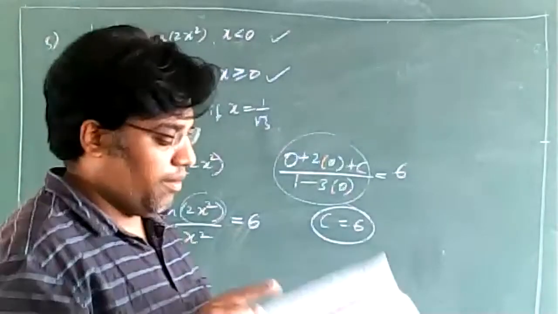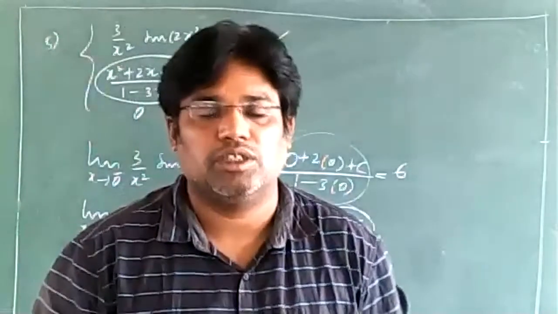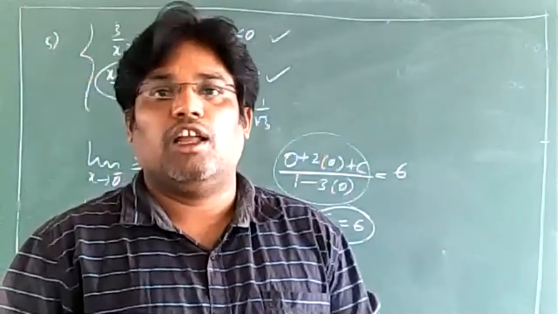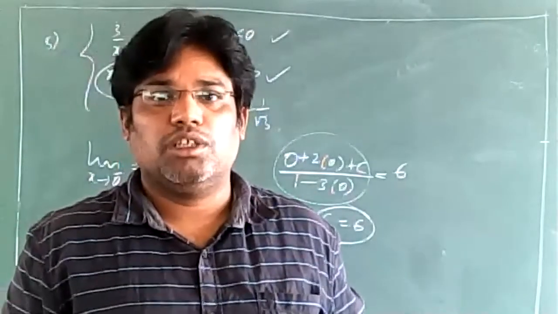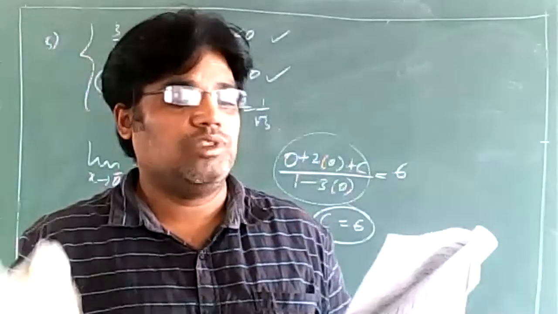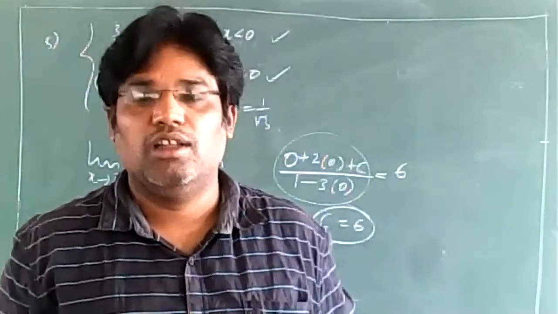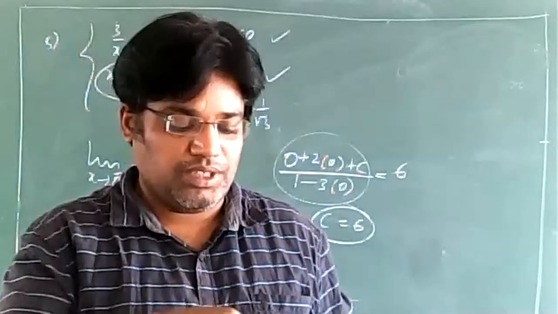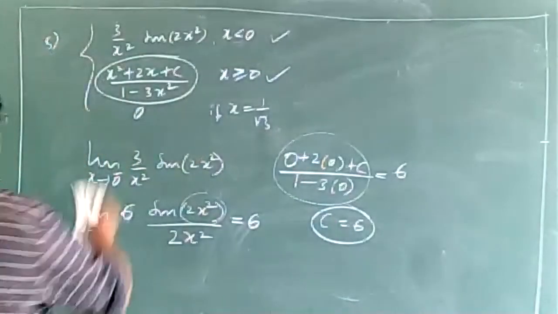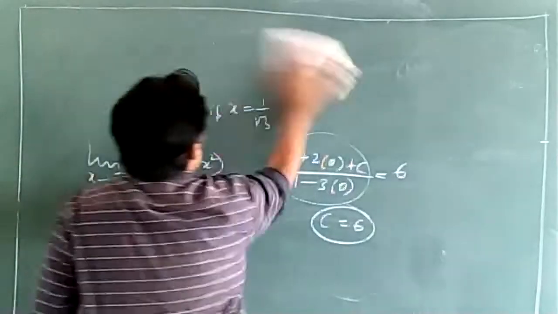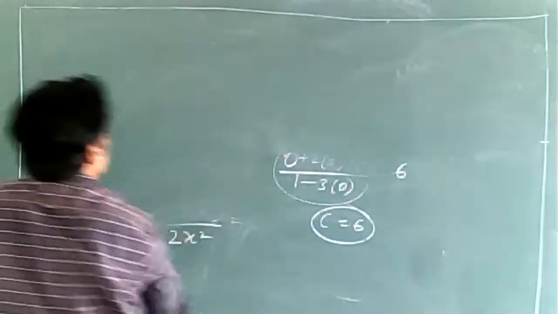Now questions 6, 7, 8 are of composite functions. In the next class I will be explaining what is the meaning of composite function first, because you don't know what is f of g, f circle g of x. I will explain that, then I'll explain 6, 7, 8. I will explain it in tomorrow's class. Question number 9. Listen, I will explain what to do when step functions come.